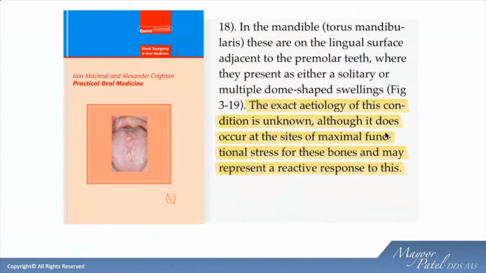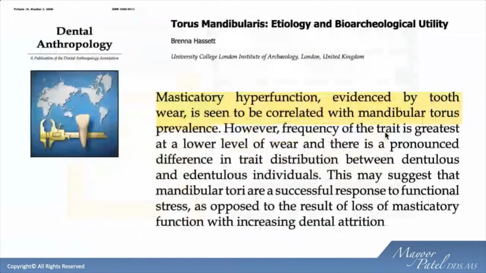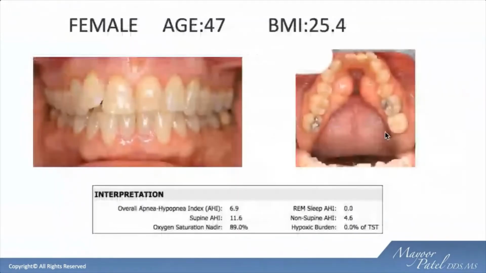And if you look at anthropological studies, you see the same thing: in masticatory hyperfunction, there was evidence of tooth wear, which is definitely correlated with some form of mandibular torus formation. So there's a historical representation that you need some level of force, which in our business will probably be along the lines of parafunctional behavior, leading to the expression of tori. And what you'll see clinically is most of these patients' airways are worse on their back, especially those that have tori, they're on their side.